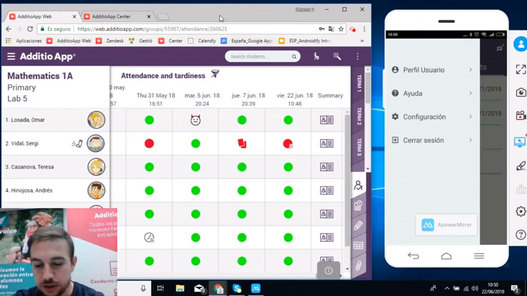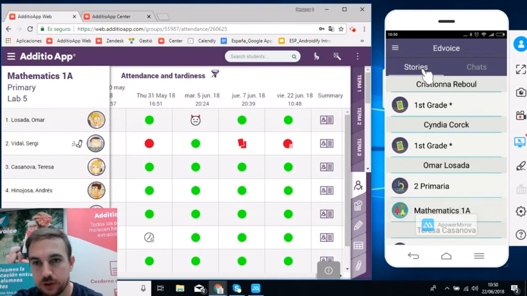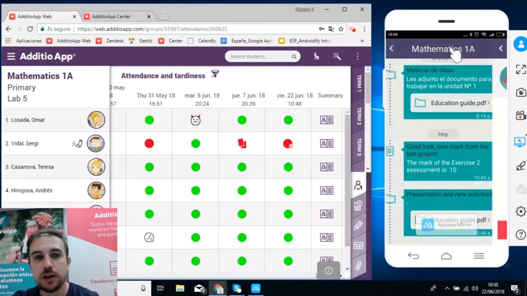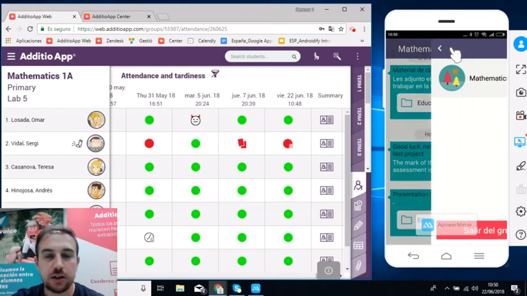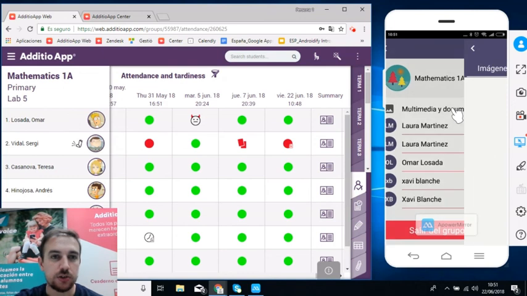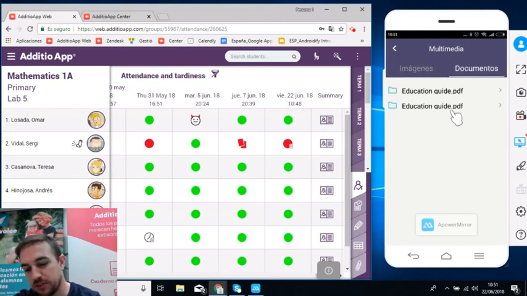and also other things that I can do with the application is that I can go to some specific group that I have in the stories, and if I enter by clicking and holding my finger a little bit over the title, I can go to a place in which I can check all the resources that they have there, like multimedia and documents, and this can be segmented for each student. So that's kind of a next generation portfolio. Also the images that I send to this group and so on. So as you can see,